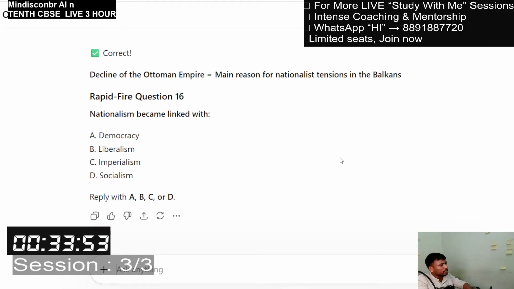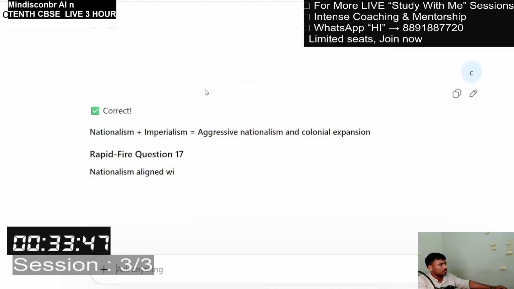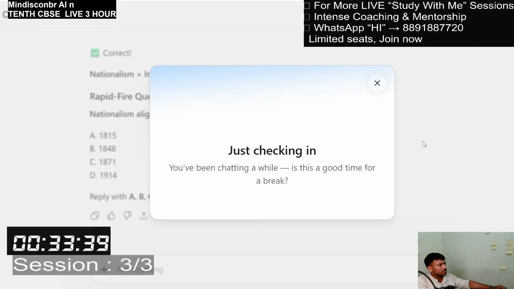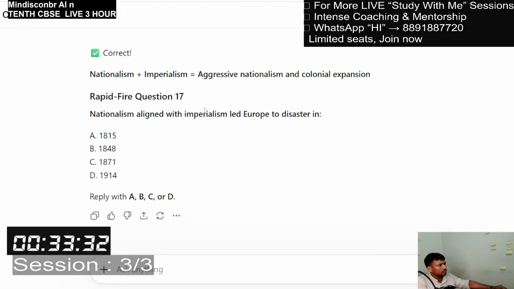Nationalism became linked with imperialism. Nationalism plus imperialism is aggressive nationalism and colonial expansion. Nationalism aligned with imperialism led Europe to disaster in